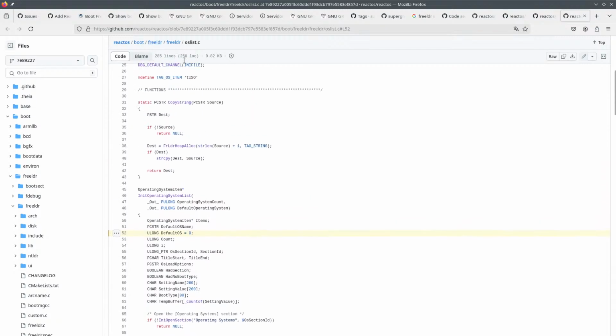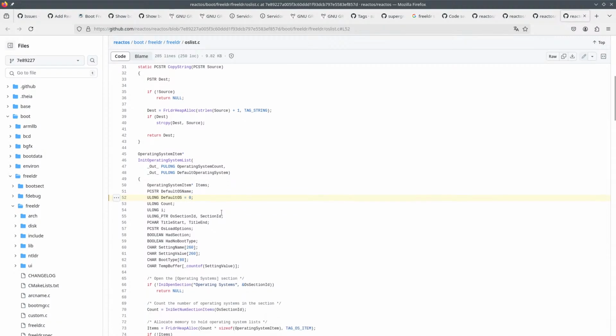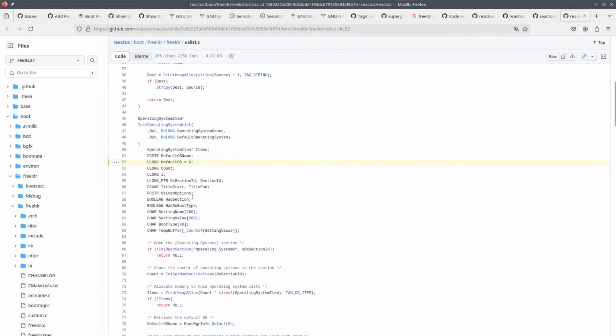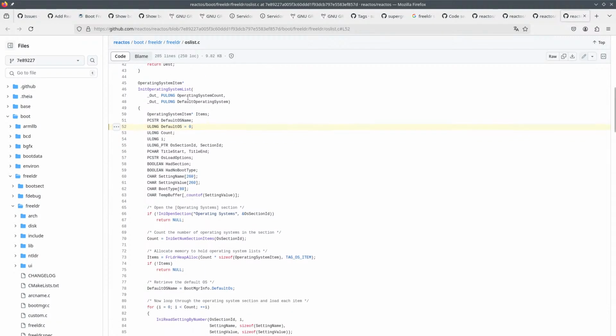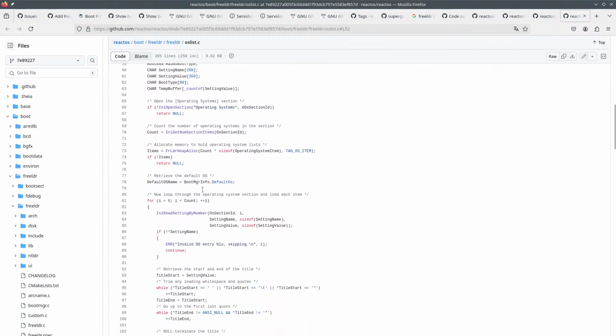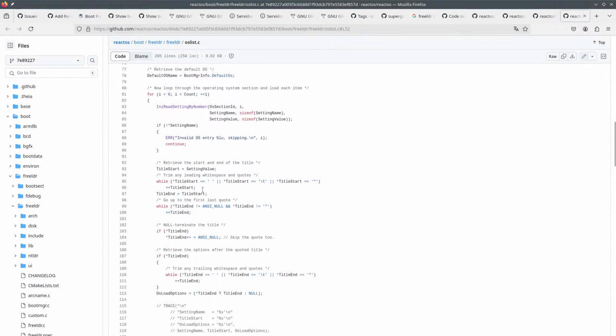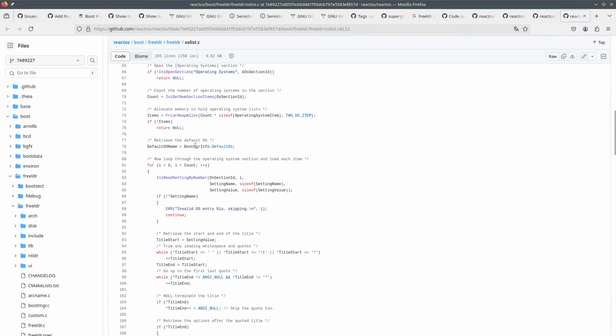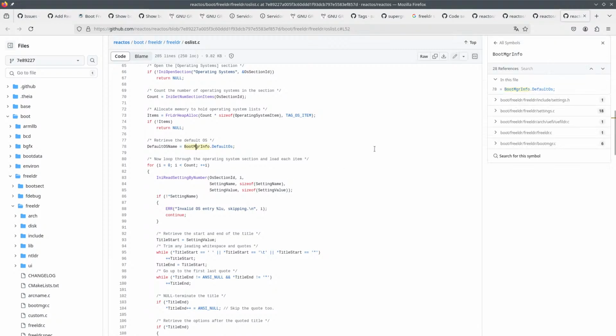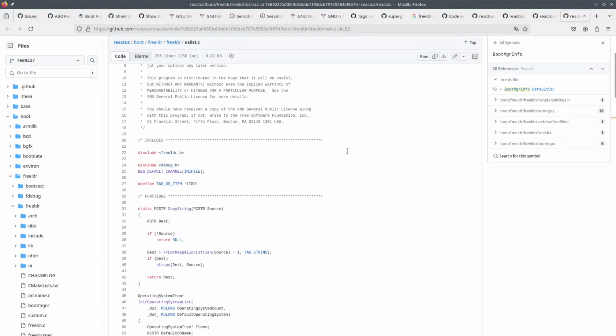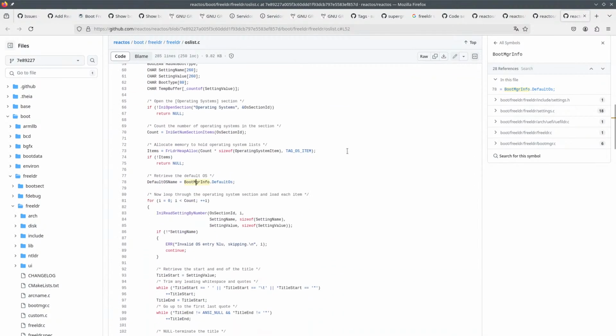Okay, so this is FreeLDR code. And we have this default OS thing. So here you initiate the operating system. But MR thing. Where the hell is this thing?